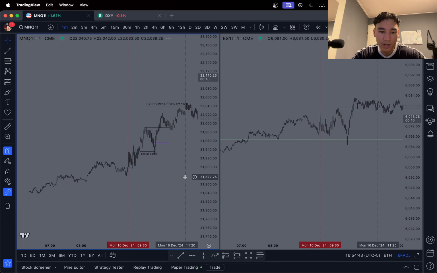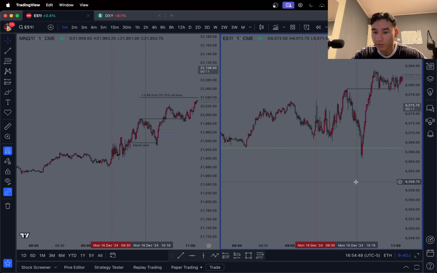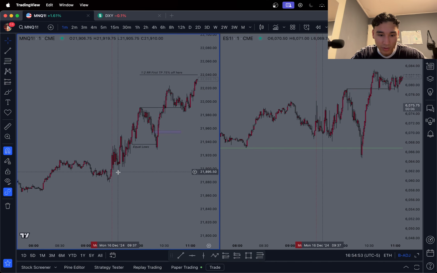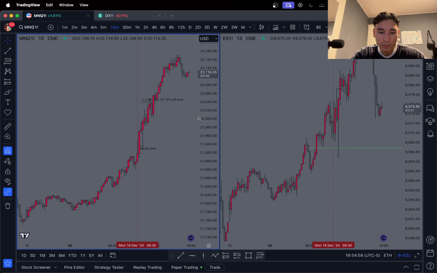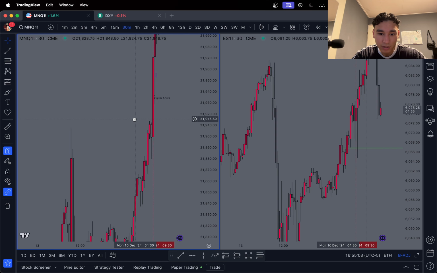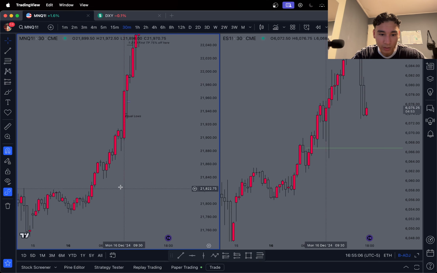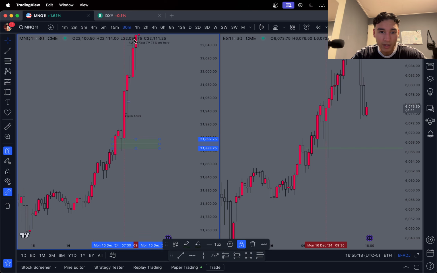But yeah, what we did. So 9:30 opening. What I have marked out, got a really nice reaction off this. I marked out the vertical line, which is 9:30 open. And then I didn't really mark out anything for NQ, just looking at the range where we were. NQ had a gap in here, a singular 30-minute gap from swing low to swing high. I don't know why I didn't mark this out now, because I thought that maybe it could go lower. But we do have a 30-minute busy here where we got a nice reaction from swing low to swing high, and that will be a singular one.